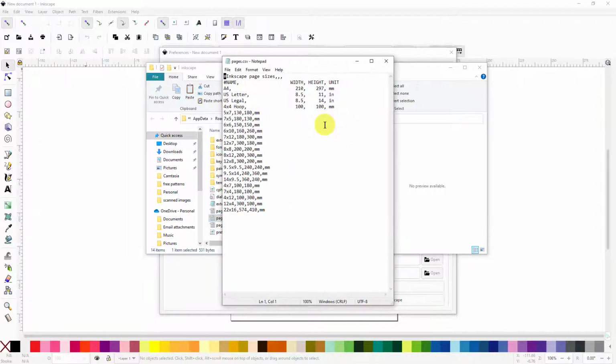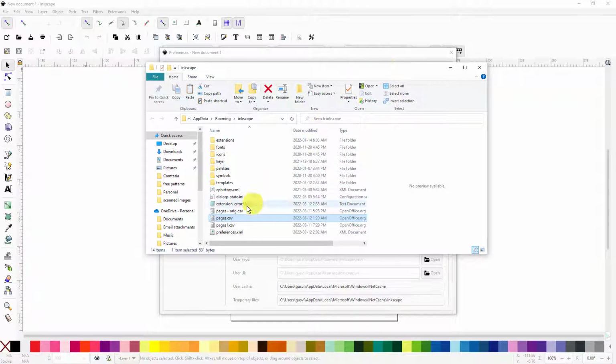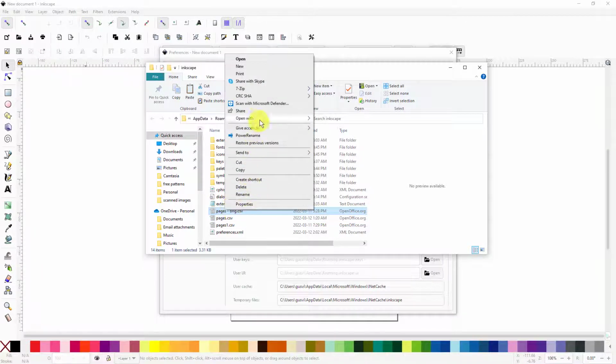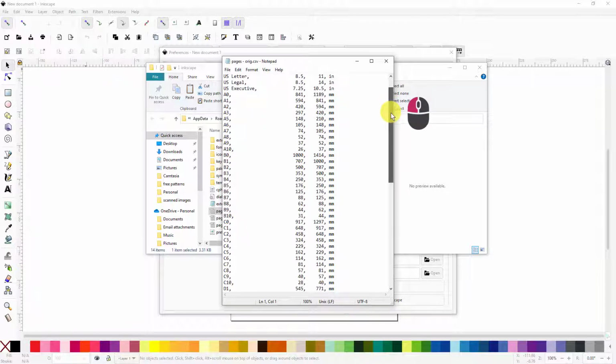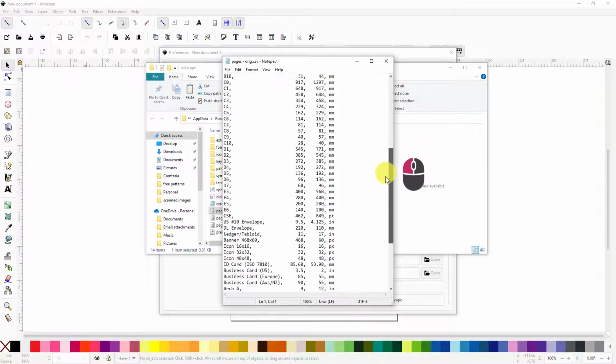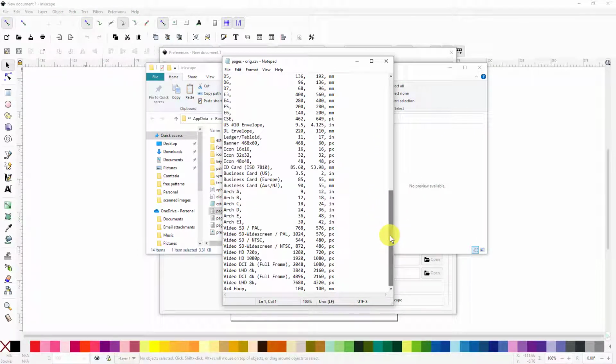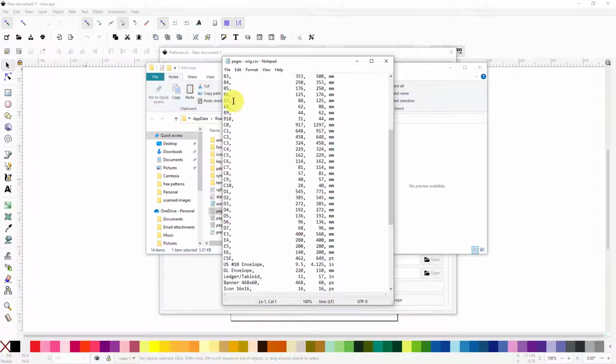Open with Notepad. There you can see the original. So that is here, pages original. If I open that one with Notepad, then I have all the page documents that are listed, and the document properties, they are all over here. What I did is I deleted most of them, what I basically never use, and then I entered the new ones. Here you have to watch out that they are comma separated,